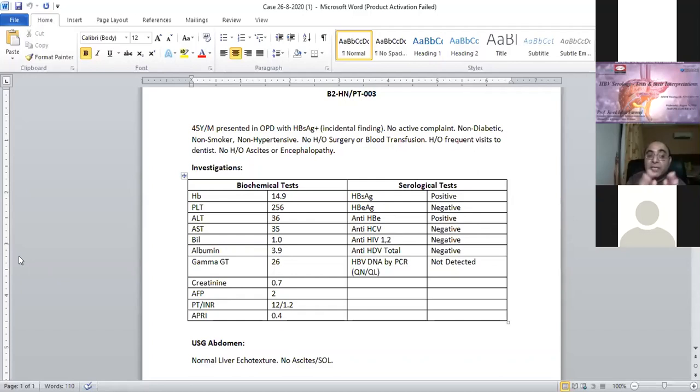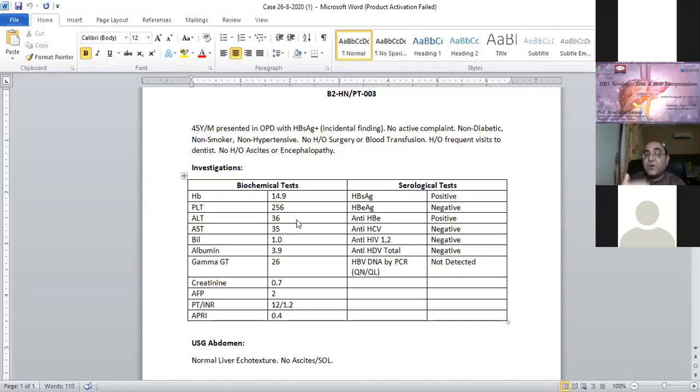So I told you that if this is the parameter, my patient is either lying in the HBe antigen positive infection phase or HBe antigen negative infection phase, and probably my patient will not need any treatment. So here, when they have done the further workup, what we see is that my patient is E antigen negative and E antibodies positive. The second step was whether my patient is E antigen positive or negative. Here my patient is E antigen negative. So HBs antigen positive and E antigen negative.